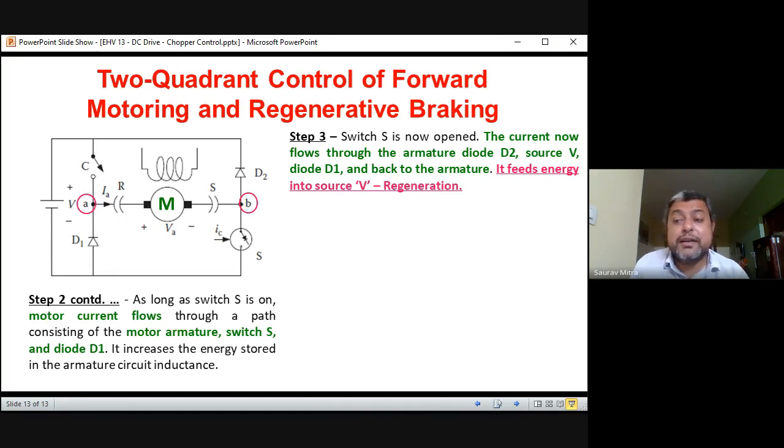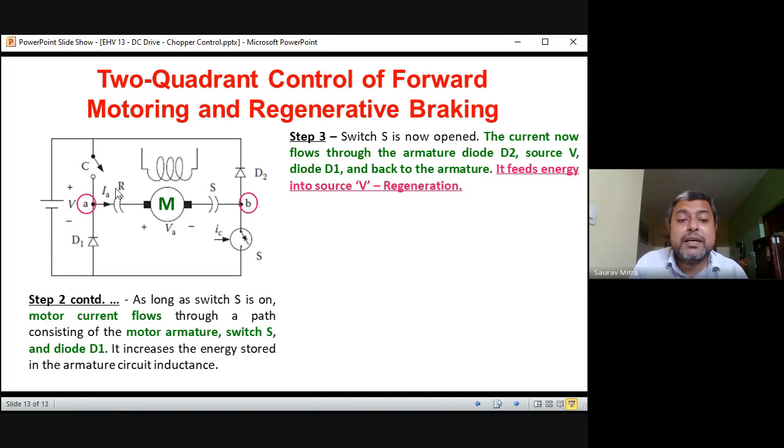This is called as regeneration. So I told you long back that how the braking is producing regeneration. So there are two things. One is braking. Braking means we have cut the supply from the motor. That means we are asking the motor to generate a torque in the negative direction, and at the same time,